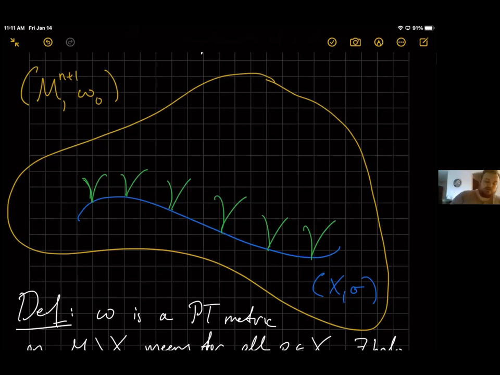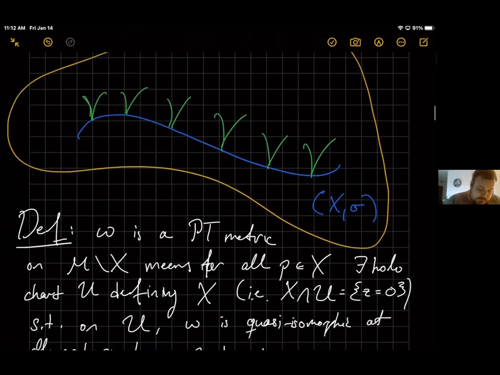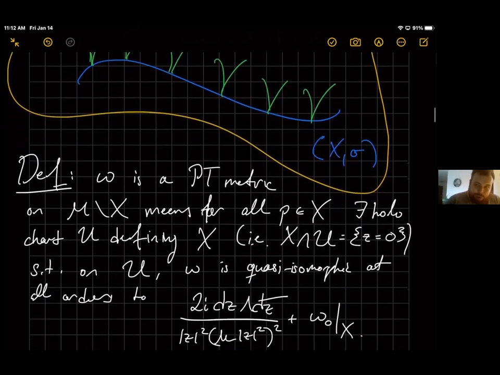As we get closer and closer to X, the normal direction from X looks like this punctured disk model. So another way to think about it is that we're sending this hypersurface X metrically off to infinity in some way. And to be more precise about the definition,